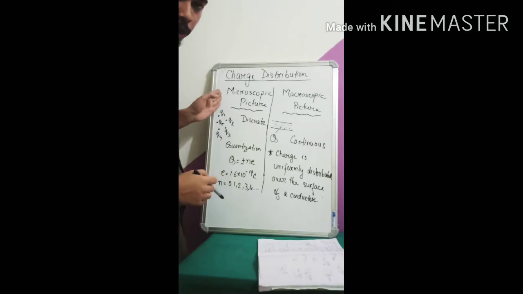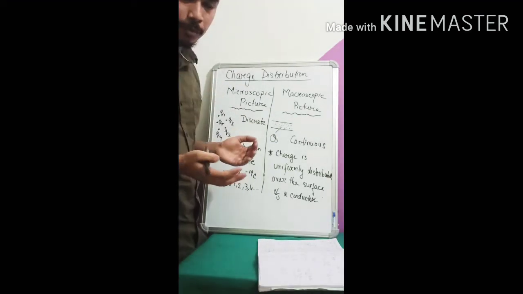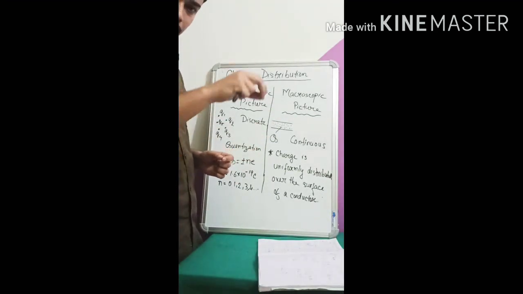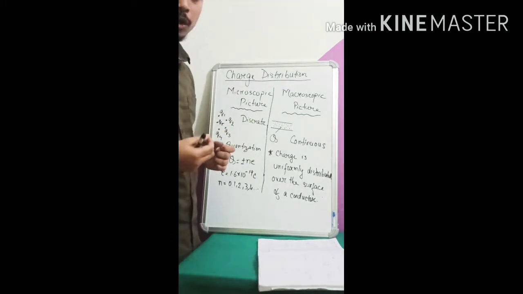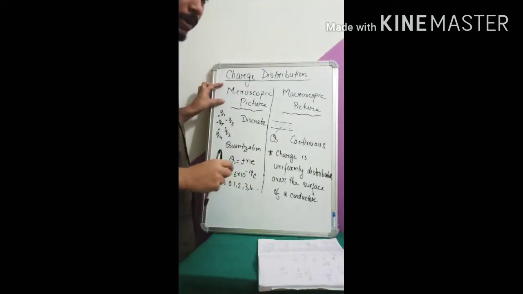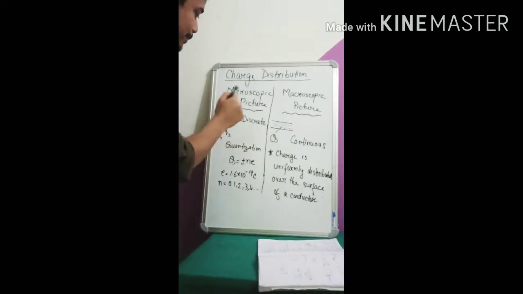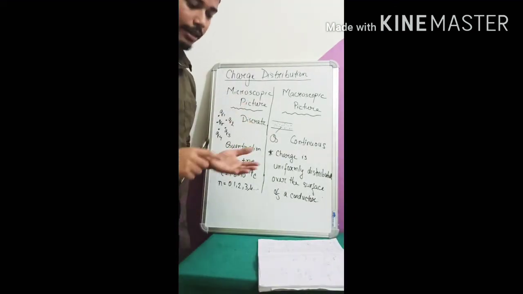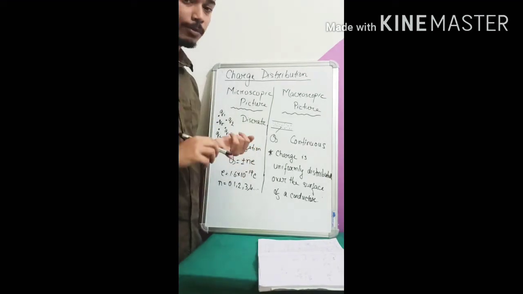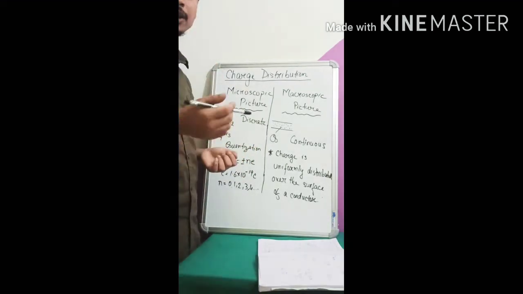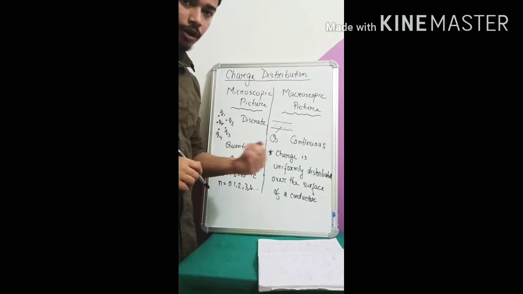Now, in the microscopic picture, as you know, what is a microscope? It is an instrument to see very small objects. So, in the microscopic picture, we take a very closer view of the charges. Now, in this picture, whatever we have already done, suppose we have done Coulomb's law, then we have also studied the superposition principle. So, in all those